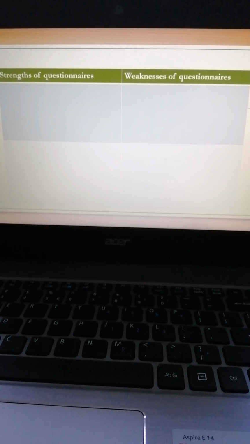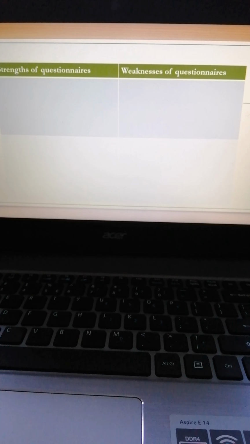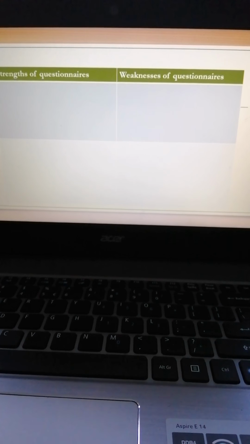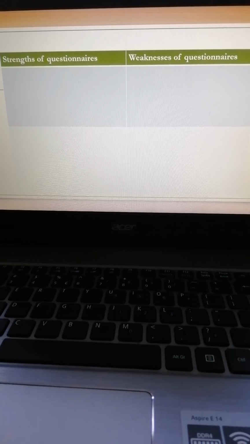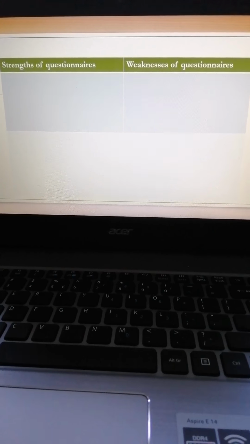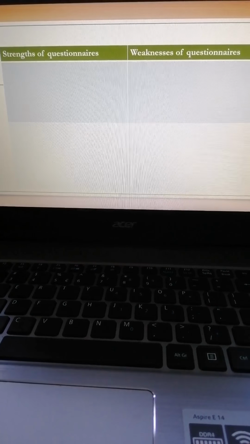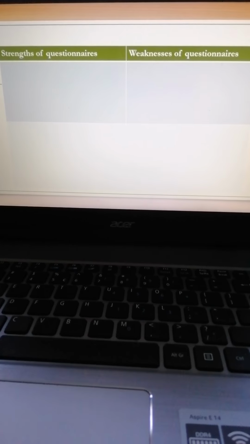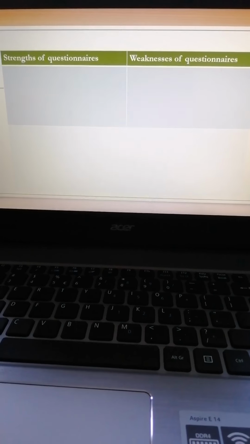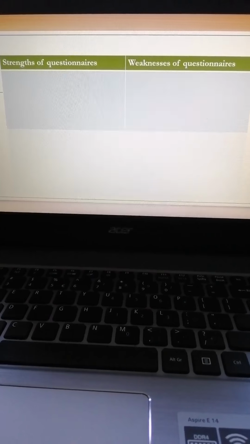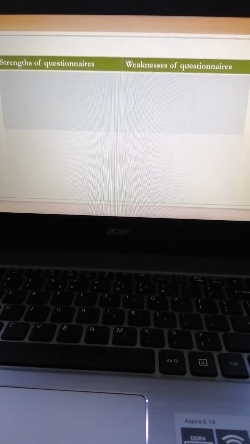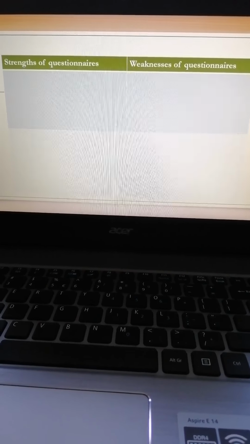Okay, so the next slide is your task for today. You'll be writing about the strengths as well as the weaknesses of using questionnaires. You can get the information from the internet, or if you have the book, some of you have both the AS and A2 Revised Psychology, the purple and white one, you can have a look at that and find the answers. And bear in mind that this type of question is very important because you will get this type of question in the exam a lot, especially for paper 1 and 2.